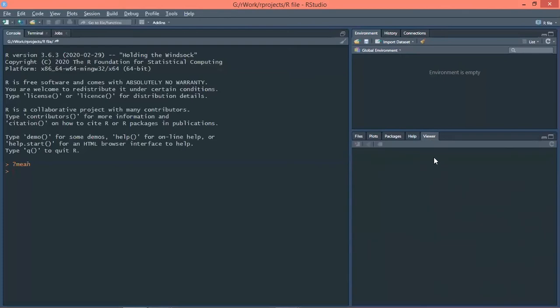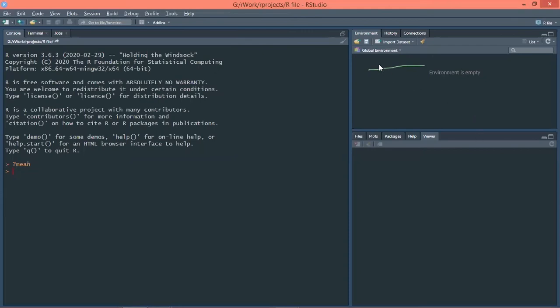Then there is viewer. It is a web browser inside our RStudio. It is generally used for Java or HTML scripts. Then there is environment. It is the area where the variables or whichever commands you type in your console or script area will be saved.